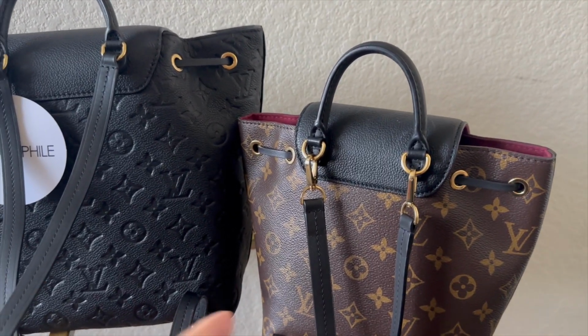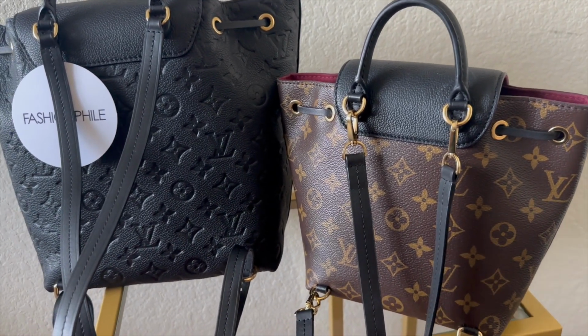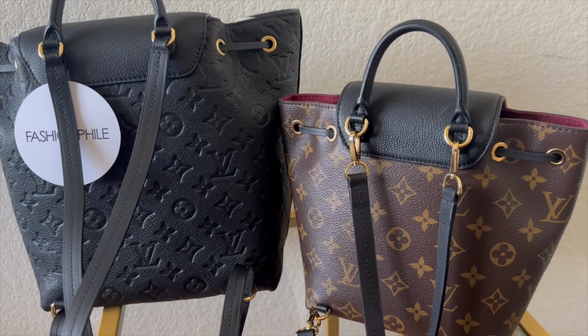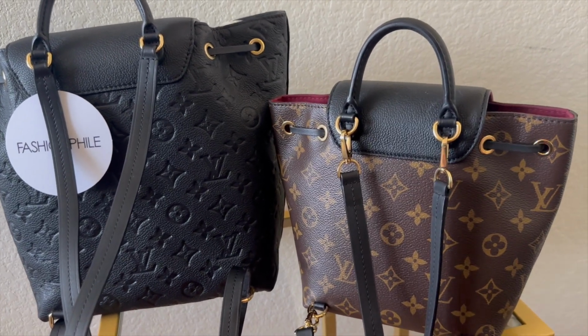Again, you can wear it as a regular purse. Again, I got it to be a backpack, so I didn't wear it. Other than that, I'm boring. So for me, I didn't take advantage of that. I know a lot of people love the idea and the option of it. So if you're looking for more versatility and you don't mind packing a little bit lighter, this is perfect